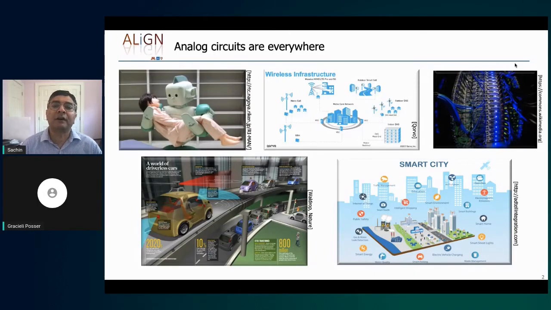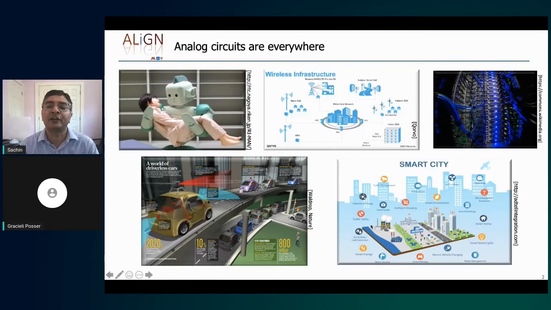If you look at wireless infrastructure, for example, that's a key component of any kind of distributed computing engine. All of that is really RF communications. If you look at data centers that are shown over here, that again is a really important analog application, because you have high-speed I/O circuits that are inherently analog in nature.